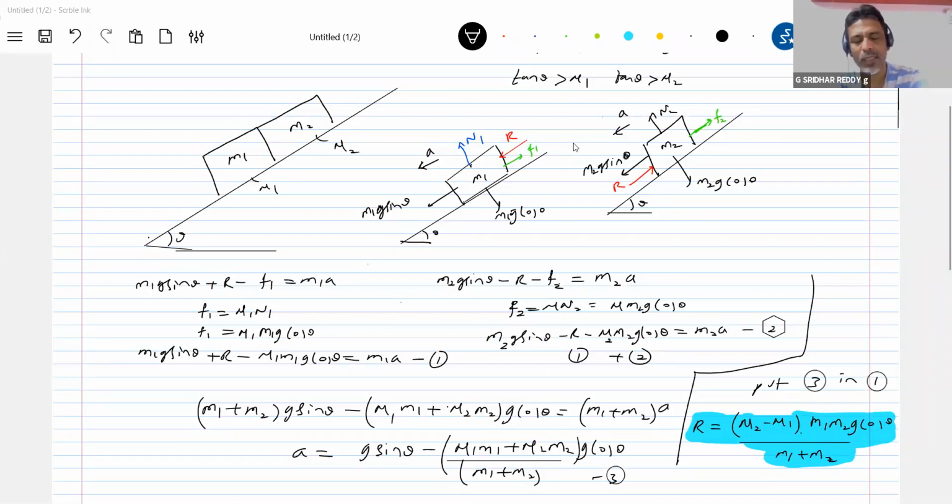Okay, sir. If tan theta is less than mu1 and tan theta is less than mu2, both the blocks will be at rest. Will not